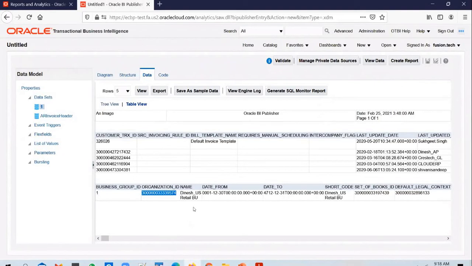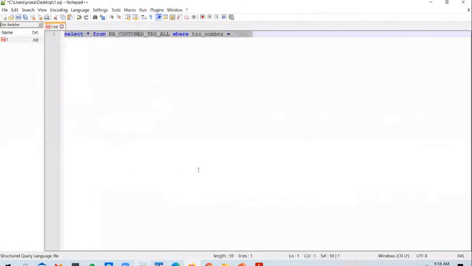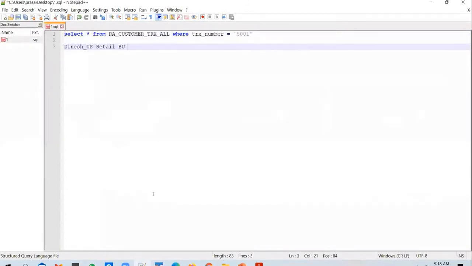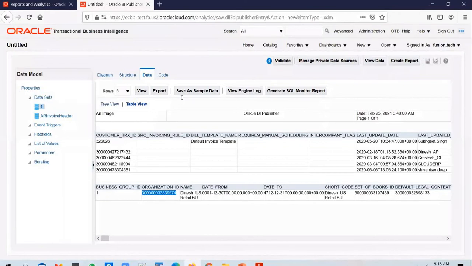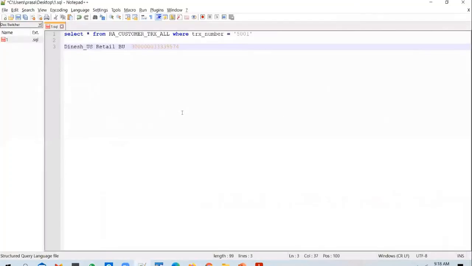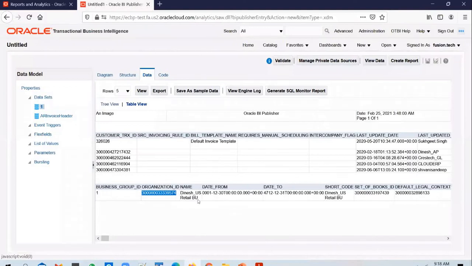So you copy this org ID. For this business unit, what is the organization ID? It is this organization ID. So what do you want to do now?